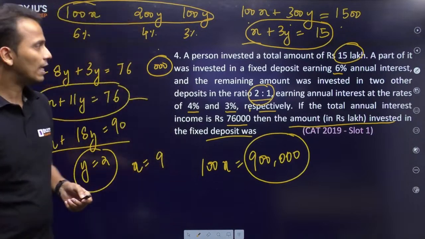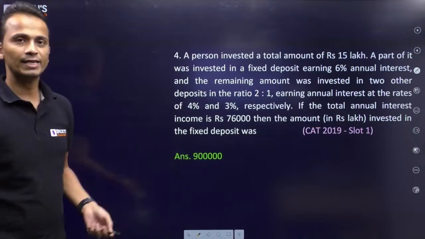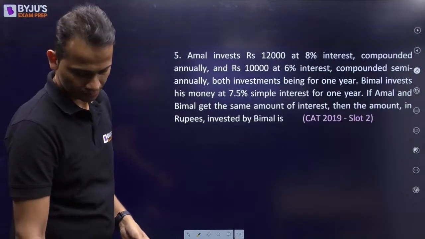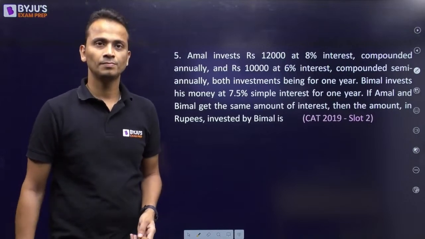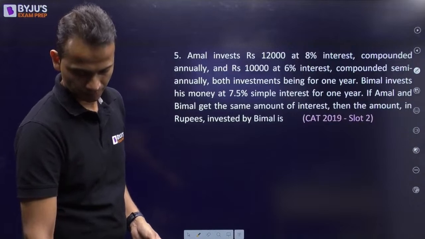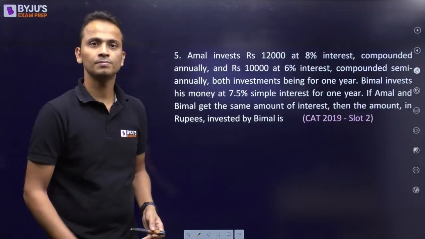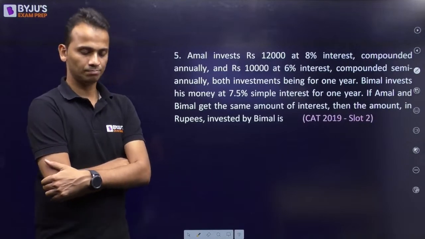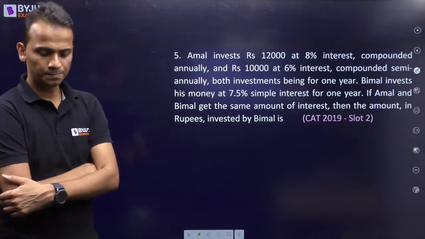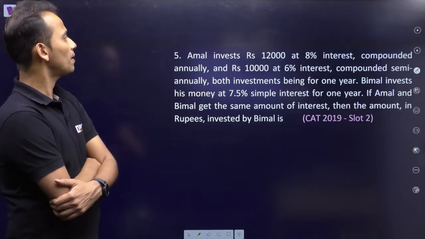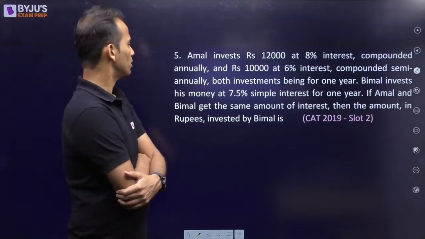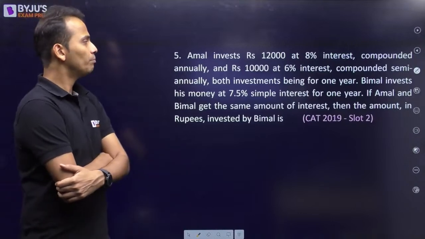Let's move ahead and look at the next question. 9 lakh is the correct answer. Question number 5. Amal invested rupees 12,000 at 8% interest compounded annually and rupees 10,000 at 6% interest compounded semi-annually, both investments being